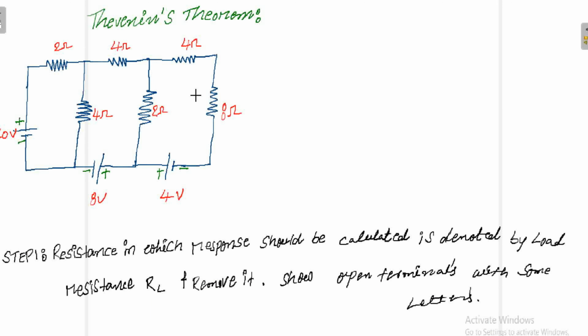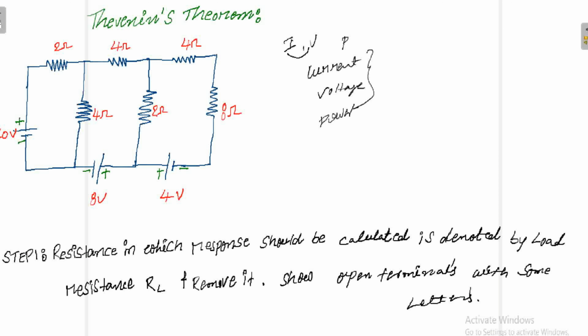So in any circuit, what is our ultimate aim? We have to find some current or voltage. By using this current and voltage, we are going to find power. That is, we have to find current, voltage, power. So our calculations revolve around finding this current, voltage and power across any element.